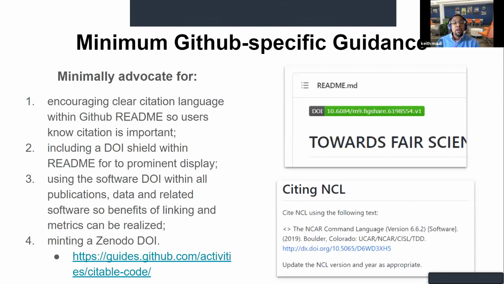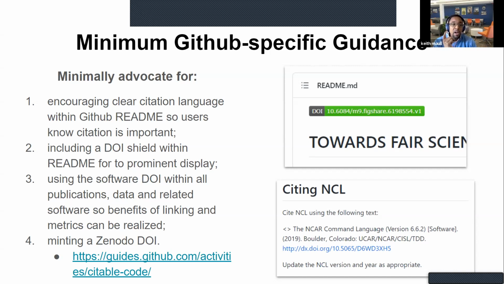Okay, so quickly going through the minimal GitHub specific guidance. This is, I would call this the quick and easy, lazy way of getting something that will meet some minimal criteria for showing that you're serious about letting your community know about citing your software.